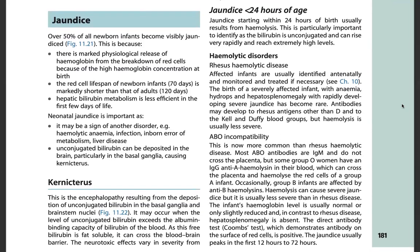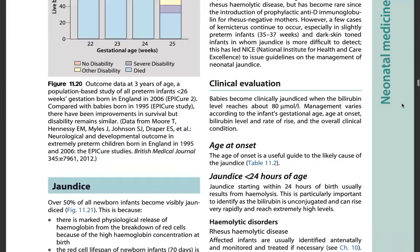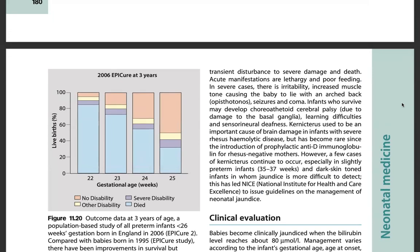It may occur when the level of unconjugated bilirubin exceeds the albumin binding capacity of bilirubin of the blood. As this free bilirubin is fat soluble, it can cross the blood-brain barrier. The neurotoxic effects vary in severity from transient disturbance to severe damage and death. Acute manifestations are lethargy and poor feeding. In severe cases, there is irritability, increased muscle tone, causing the baby to lie with an arched back, opisthotonus, seizures